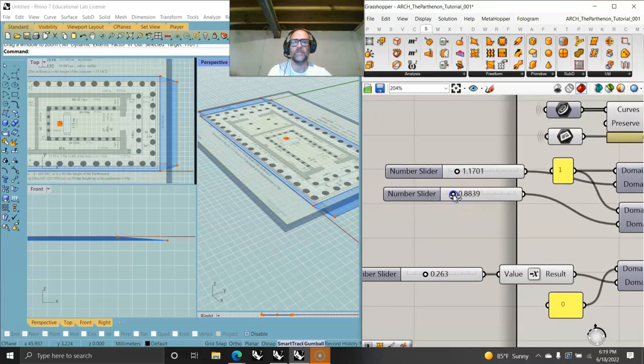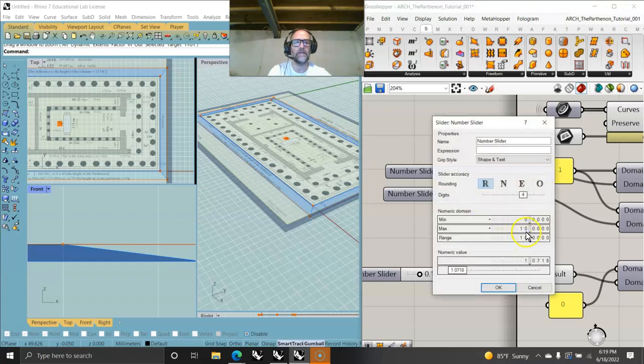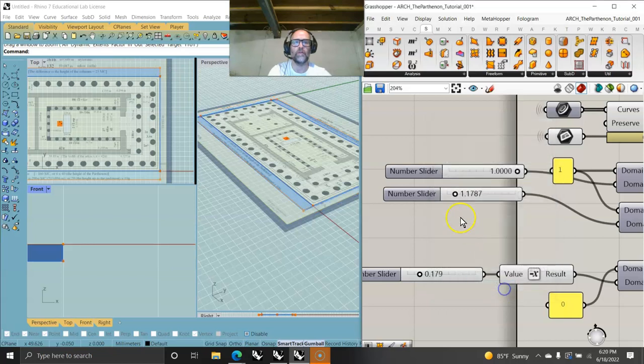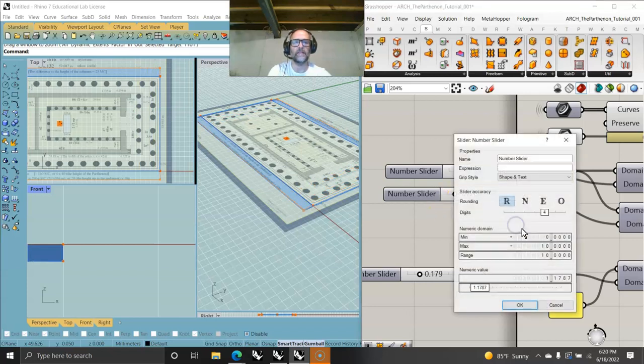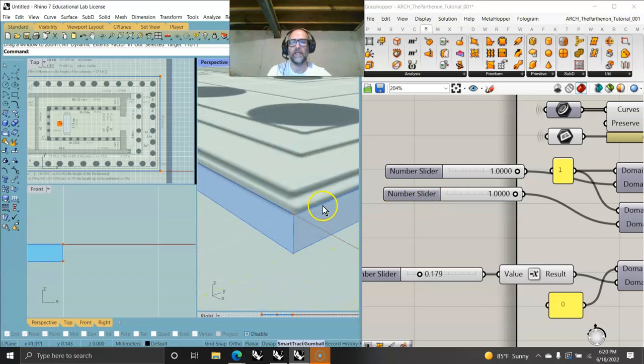None of these numbers have to be this big. We just want to pull them back so this isn't so steep. Really subtle step, and when you start getting into the details of how you actually want this to be and you get your numbers close, you can see that this is such a small number that I can go in and edit and realize I don't need anything that high. 1 would be more than enough to be the maximum value out. And over here, edit, 1 would be more than enough for numbers out as well. So I don't need to move a step out any farther than that